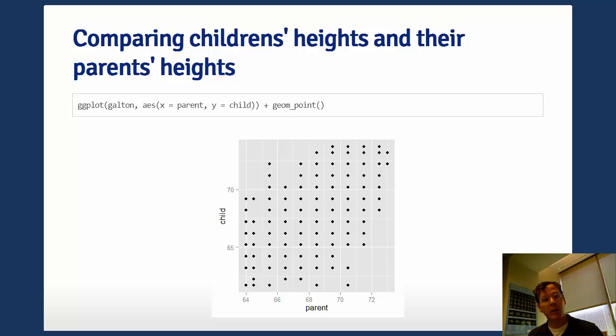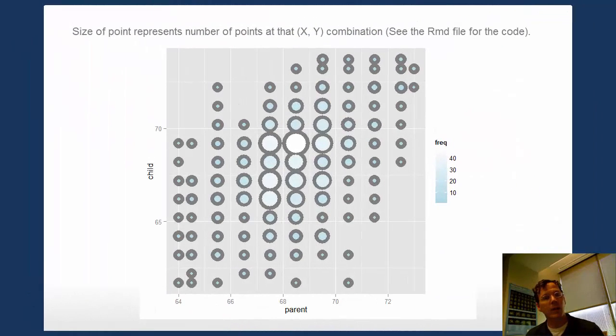There's lots of different paired parent-child xy values at each one of these specific points. Here I give a better plot where the size of the point represents the number of parent-child combinations at that particular XY location. Here, the color, a very light color, represents a frequency near 40, and a darker, relatively speaking, bluish color represents a frequency toward 10 or down to 1 at specific locations. So the size of the point and the color of the point are representative of the frequency of parent-child combinations at that specific XY pair, and this is a much better plot because it